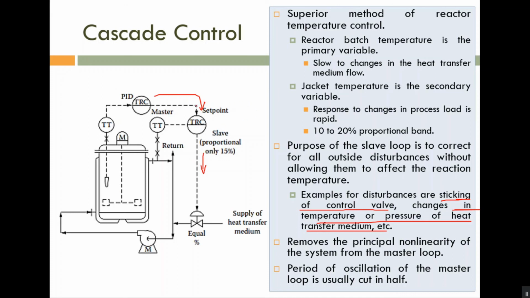Now what about this secondary controller? This secondary controller is a proportional controller. We are using a proportional controller with large Kp value, that is, small proportional band, PB is small. Okay, so this is the cascade controller. Basically it is used to reduce the effect of disturbance.